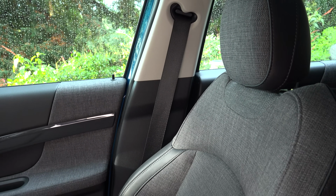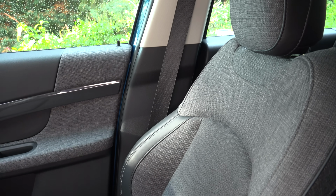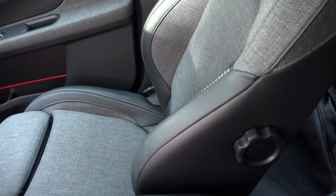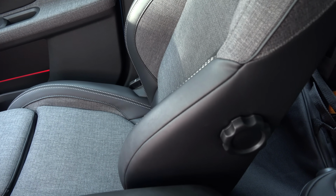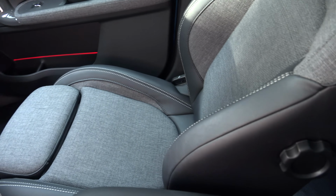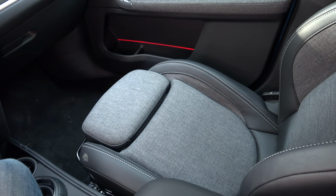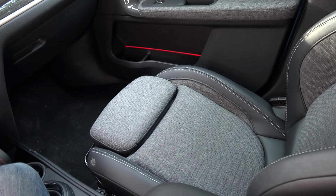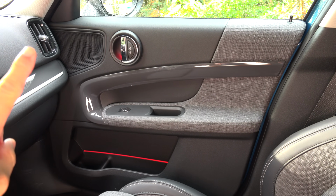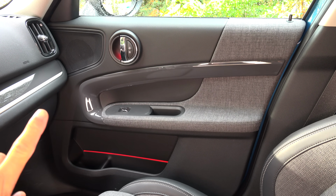The model that we're driving has this very attractive fabric upholstery with leather trim right there on the side of the seats. Even though our model does not have power seats, we still have adjustable lumbar. That's what this knob right here on the side of the seat is for. We also have this manually extending thigh cushion on the seat bottom to help improve comfort for taller drivers or taller front passengers. As you'd expect out of a vehicle that could reach $51,000, we find a large number of